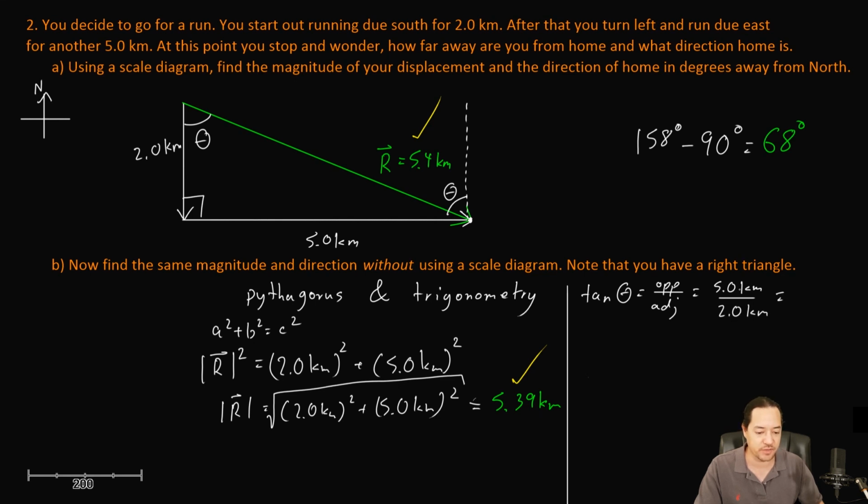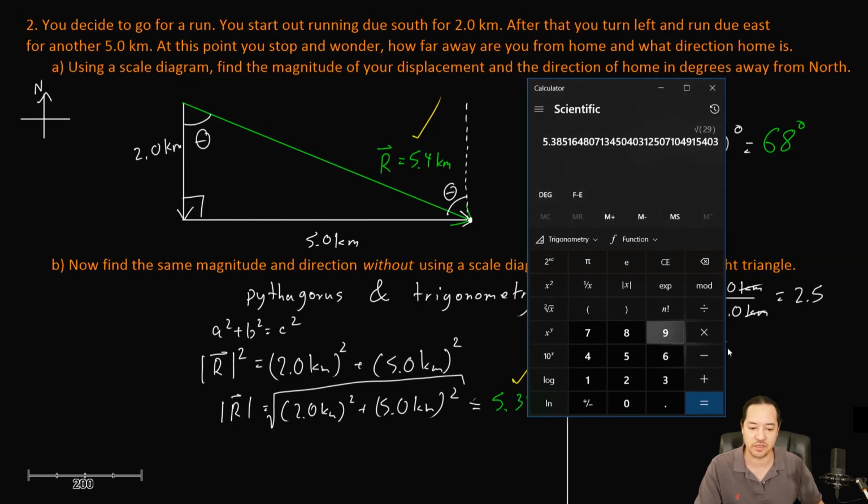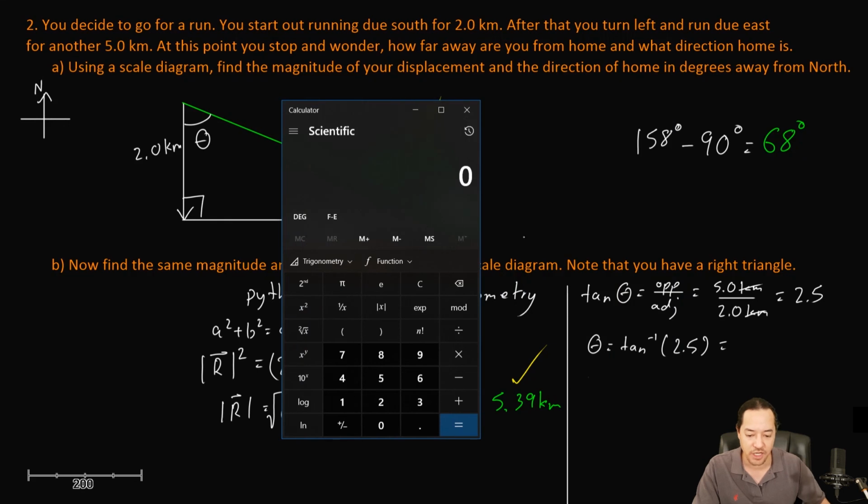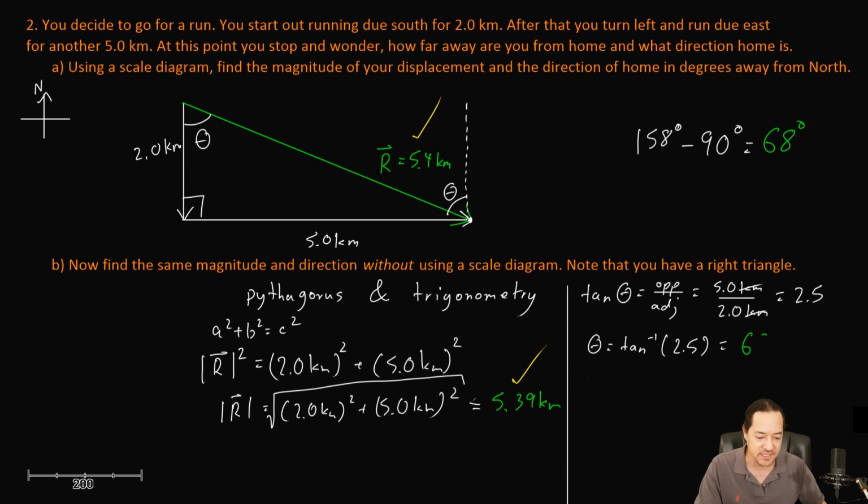So this is all going to simplify. The kilometers cancel, and we're left with an answer of 2.5. So now theta is going to be the inverse tangent, or arctan, of 2.5. And what is this? Let's use our fancy calculator here. We have a 2.5, and now we need to take the inverse tangent of that, and we get an angle of 68.2 degrees. Would you look at that? 68.2 degrees. That's pretty close to what we measured using our protractor and ruler. So, a good check,